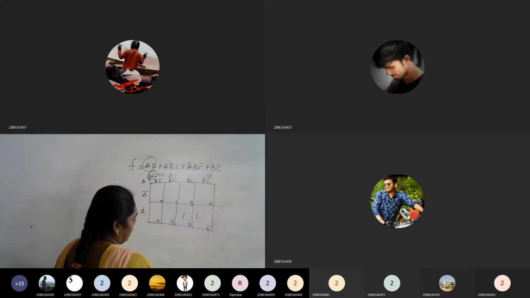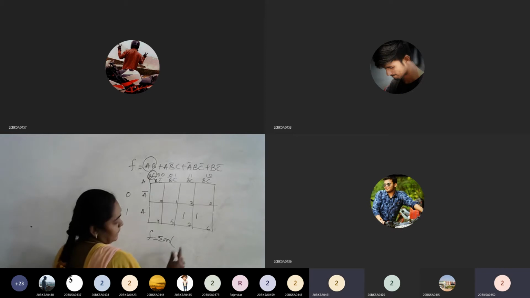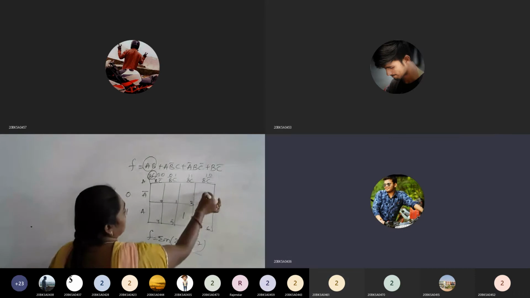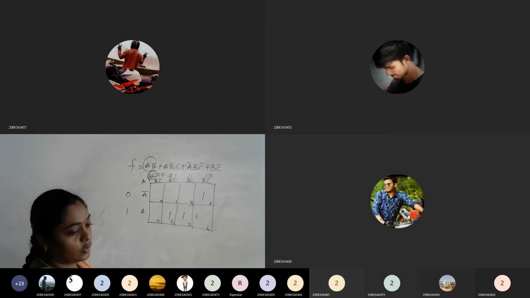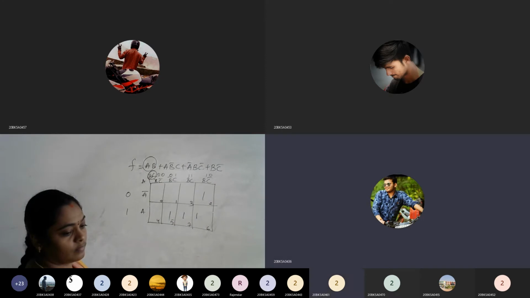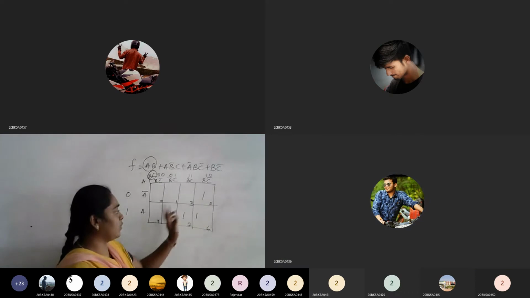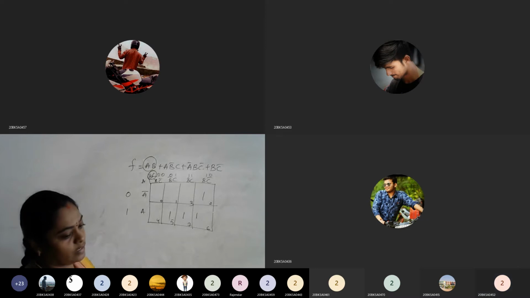If not, I'll tell you the second way. Already we have written the sigma m expression. Tell me what sigma m you got? 2, 5, 6, 7. Is it clear how you have written 2, 5, 6, 7? Just keep the ones in 2, 5, 6, 7. That's it. Because you are not able to follow the direct procedure, that is the reason I'm asking you to keep ones in 2, 5, 6, 7, because already we have converted simple SOP to standard SOP.